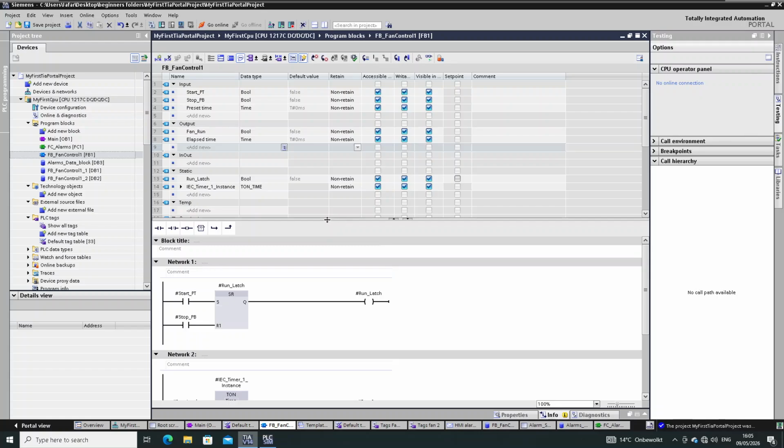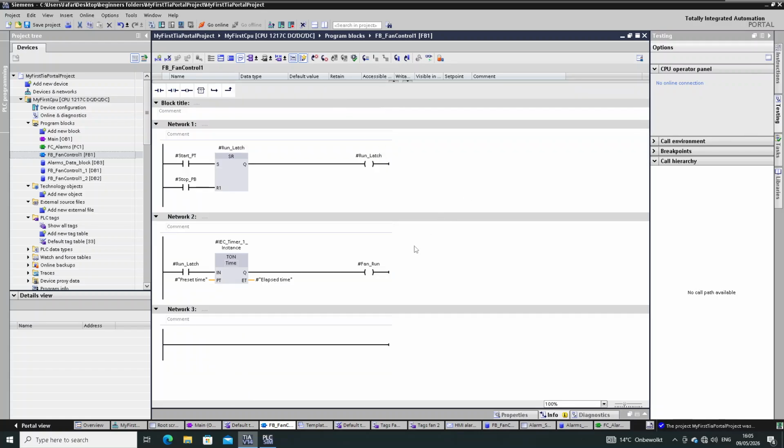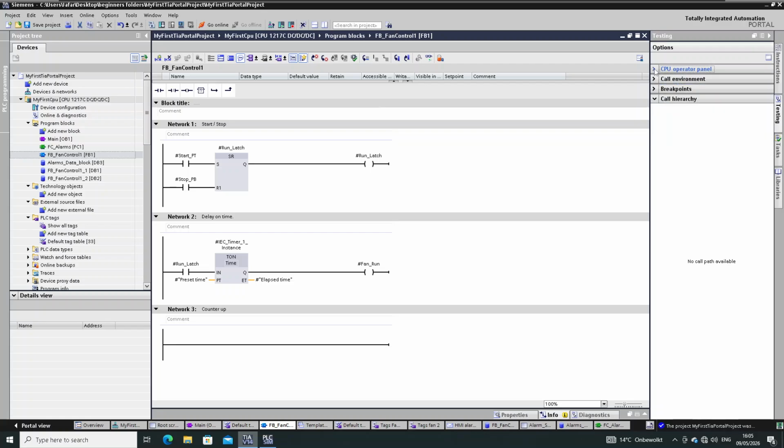Okay, so in this function block, we have the logic start/stop, and we have our timing, delay on time. Okay, and now we are going to use a counter up, right? So I will go to